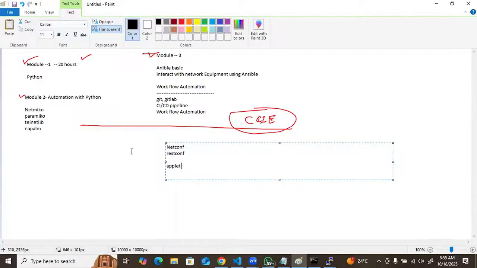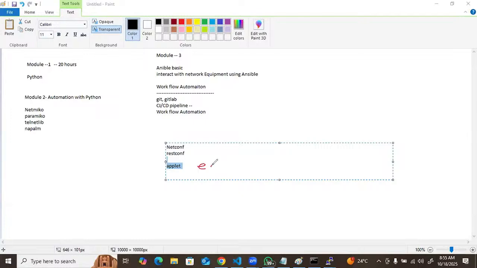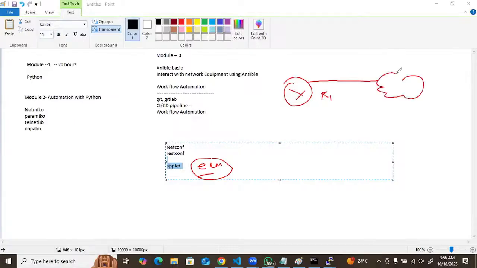Why is it required, guys, the applet or EEM script? Suppose there is one router, and this device is connected with the ISP. Within 24 or 48 hours, this interface gets flapped. Flapped means it goes down for 10 or 15 seconds, and then it comes back automatically.